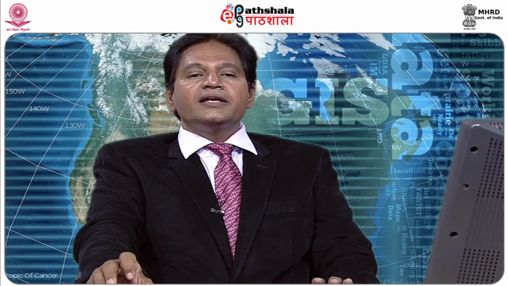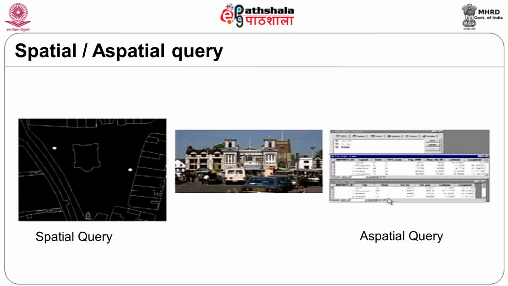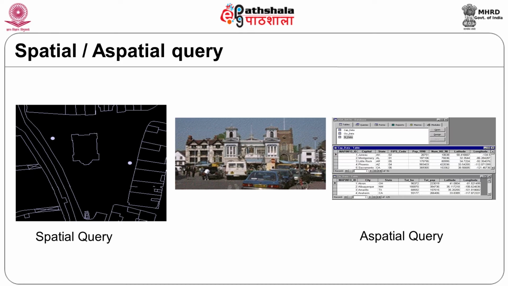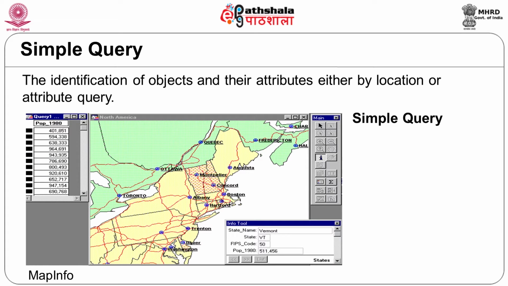So, let us see spatial query and aspatial query. I was just telling you about that. A spatial query, as you see on the left side of the slide, is querying from the map. This is a replication of the map, and this is the detail about this particular object. It need not necessarily be the same here. A simple query